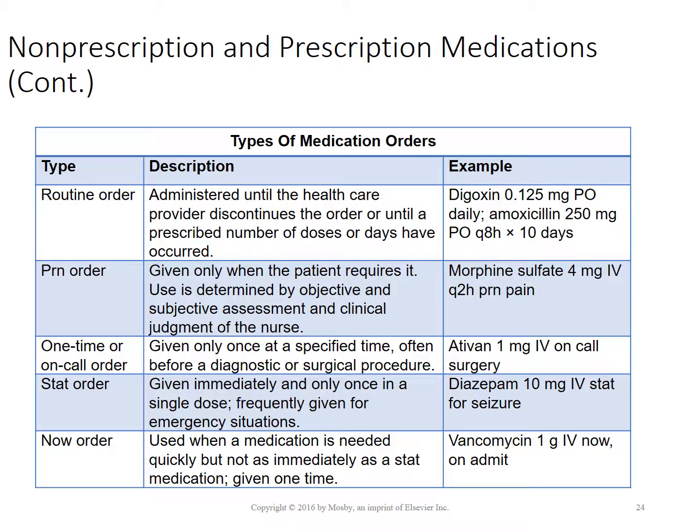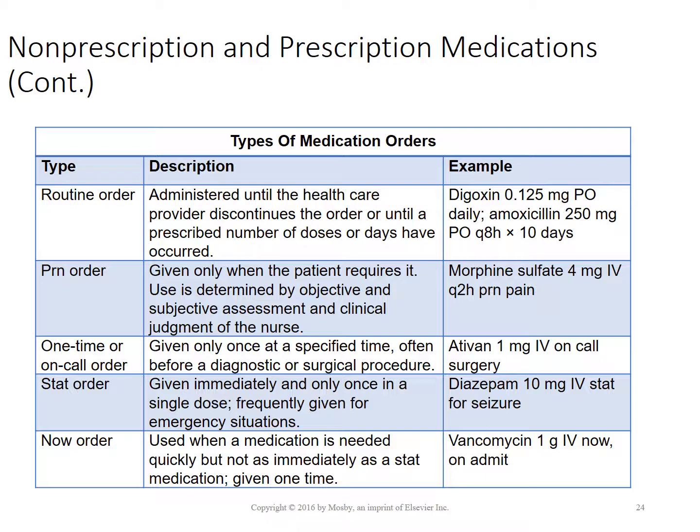Now, when we talk about times and frequency and all that, there's different kinds of orders of medicine, or prescriptions of medicine. One is, and this is kind of restating the other one, if the person is getting a heart pill like digoxin and they take it once a day by mouth around breakfast time, that's a routine order. There's something called a PRN order, which stands for pro re nata, which is a Latin term, although I've heard some people say it stands for per RN. And it's true, the RN decides what to do with it, but